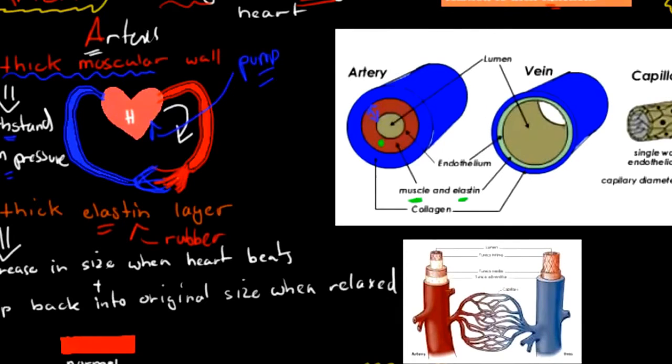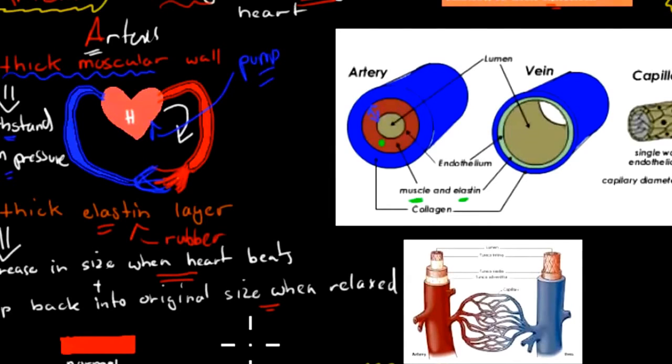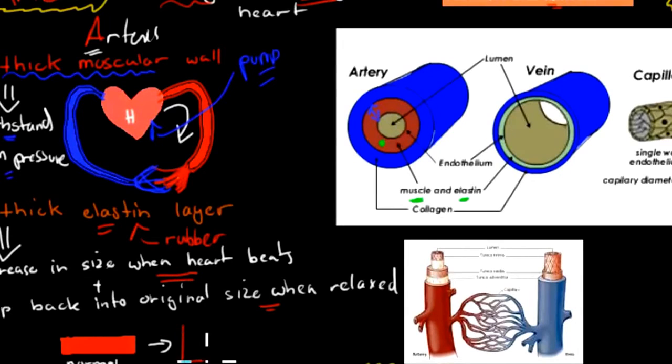And the reason why is because it has to increase in size when the heart beats, and it has to pop back into place when the heart relaxes. And obviously, if the heart beats, we're going to pump a lot of blood into the vessels, so they have to be really big in size. And once this relaxes, there's less blood in the actual arteries, so it has to go back to its normal shape. So it'll be normal, and then when the heart beats, it'll be a lot bigger. It'll jump into massive size,